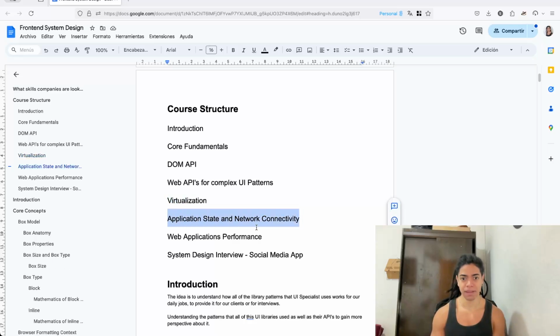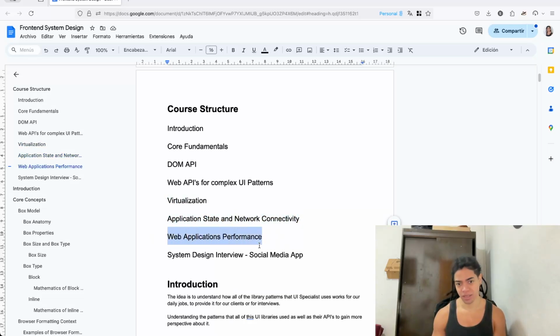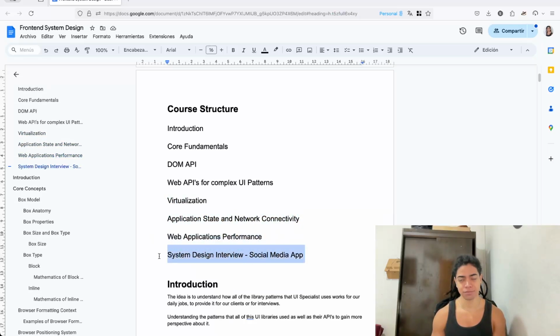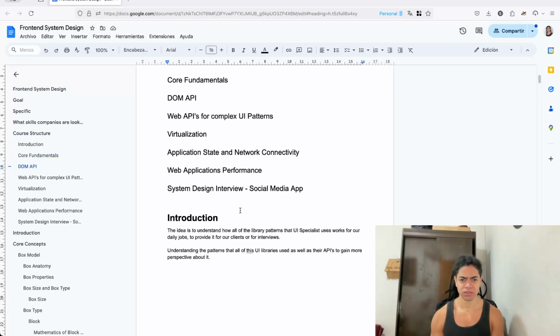virtualization, application state and network connectivity, web application performance, and last but not least, how are you going to design this system? How are you going to design this front-end system? Which is quite interesting. Again, this is part of the feature that you're going to build for that. So in any case,